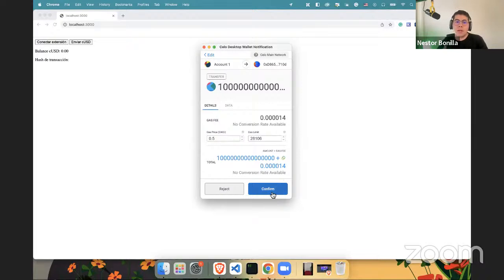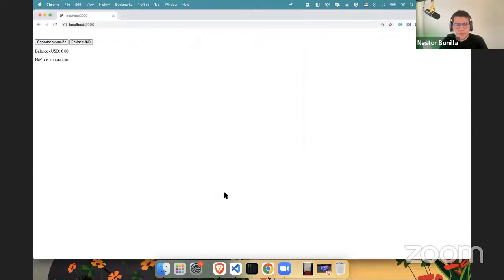But of course, if you want a more advanced part, is the part that Joe already explained with the Dapp Starter repo. So yeah, I hope it was clear in order how to understand how to interact with Celo transactions. Joe? Awesome. Thanks so much, Nestor. Yeah, that was awesome. Yeah, I hope everybody enjoyed it so far.